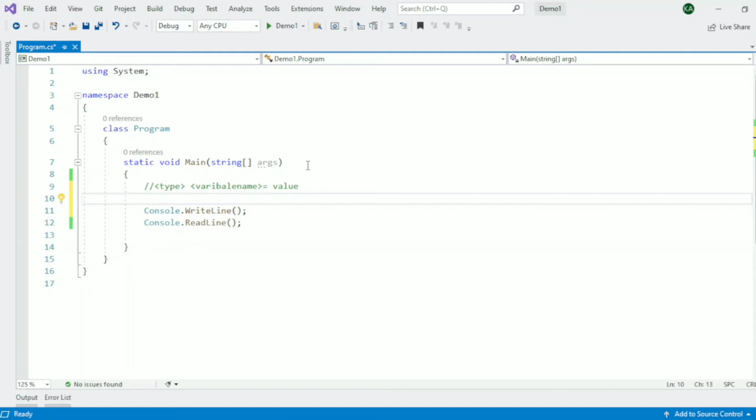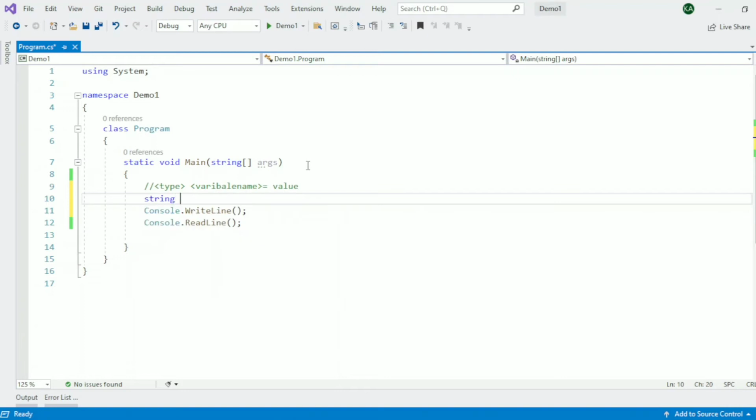Now the question arises, what are reserved keywords? Reserved keywords are the words which already have their meaning in the C# language. Suppose here in our program: namespace, demo1, class, program, static, void. So we cannot use them as a variable name. If I want to take static or void as a variable name, it will show me an error.